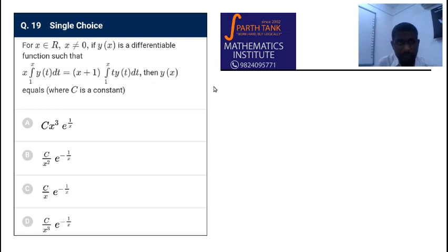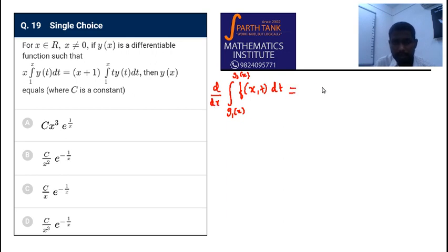Alright. Now this needs one idea called differentiation under the integral sign. That is, if you have a function of x comma t and you are integrating it with respect to t between limits which are also functions of x, let us say g1 of x to g2 of x, this can be differentiated with respect to x because this whole integral is going to be a function of x in the end, right? After you integrate and substitute the limits, you will get a function of x. So this can be differentiated with respect to x.